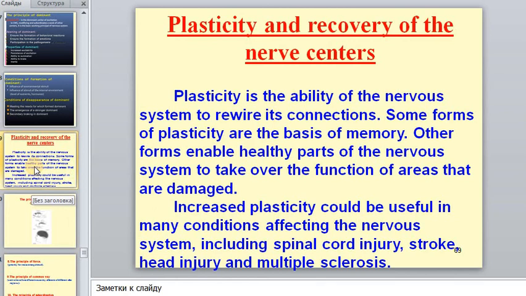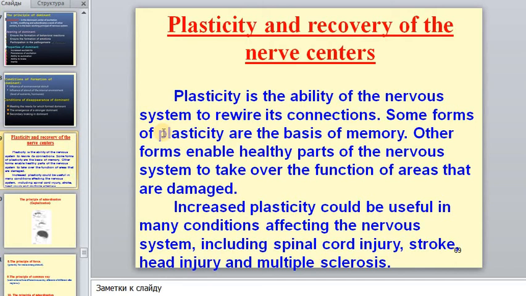And next one, we have plasticity and recovery of the nerve centers. What is plasticity? It is the ability of nerve centers and the nerve system to revise its connections. Some forms of plasticity are the basis of memory. Other forms enable healthy parts of the nerve system to take over the function of areas